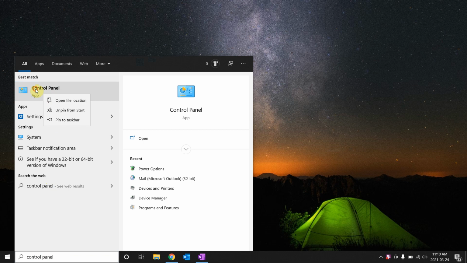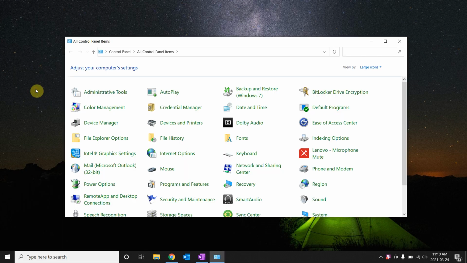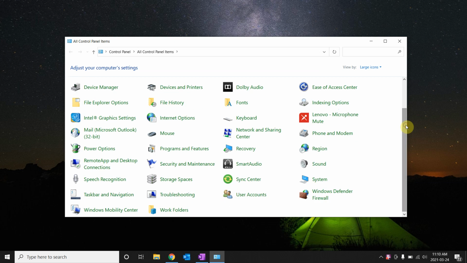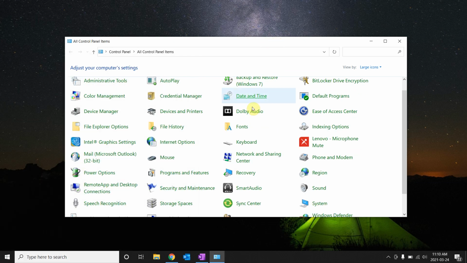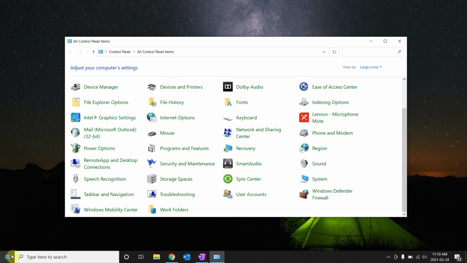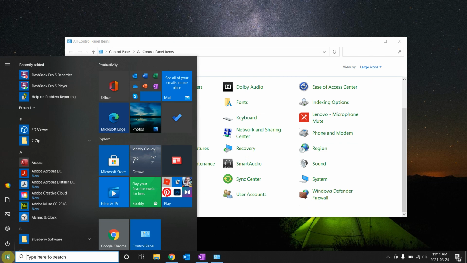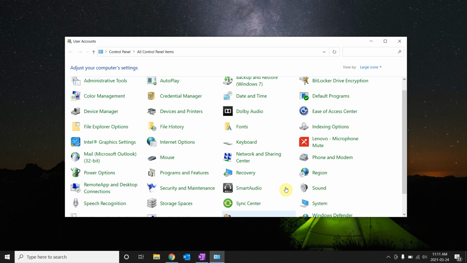In Control Panel, as you may be aware, this is where a lot of the settings for the Windows environment are done and controlled from. So it's good to have a link to this, even though they've added the settings in Windows 10 under the cog, and that lets you get to most things as well. But if you're old school or you don't have Windows 10, then you need to be able to get at Control Panel. In earlier versions of Windows, the Control Panel was integrated into the Start menu, and in Windows 7 is on the right side in the quick links that they have there. So anyhow,